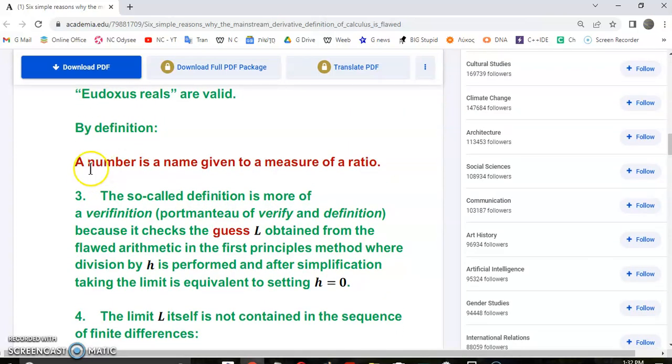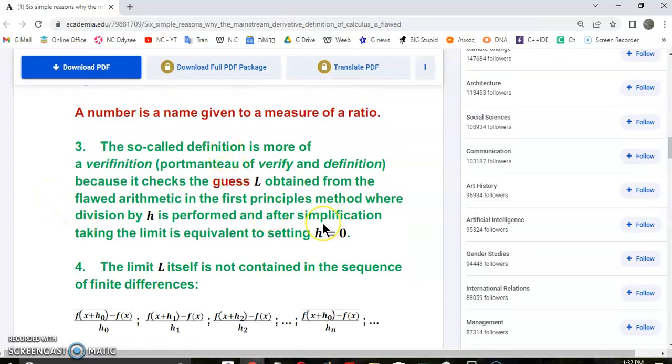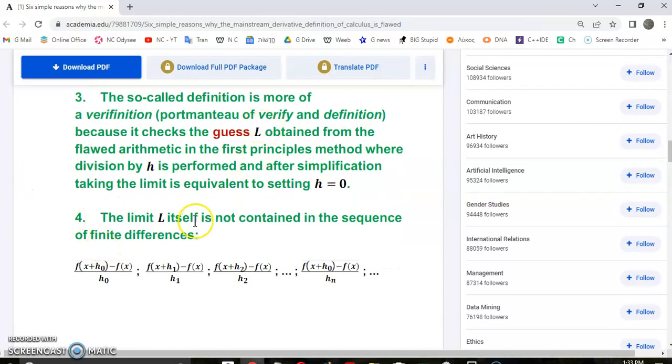By definition, pay attention, a number is a name given to a measure of a ratio. In actual fact, it measures the antecedent magnitude of a ratio using the consequent magnitude of a ratio. Okay? And in algebra, it becomes standard through the abstract unit, whose size is irrelevant. In other words, the unit acts as a sort of consequent, but its size doesn't matter because all the properties are transferred. So the so-called definition, as I've stated, is a portmanteau, and it checks the guess L,